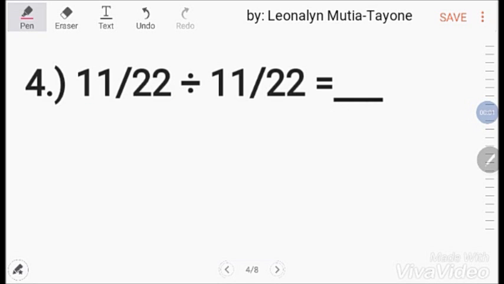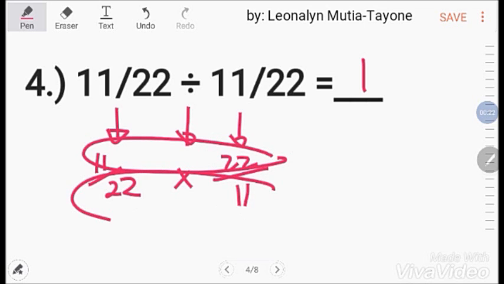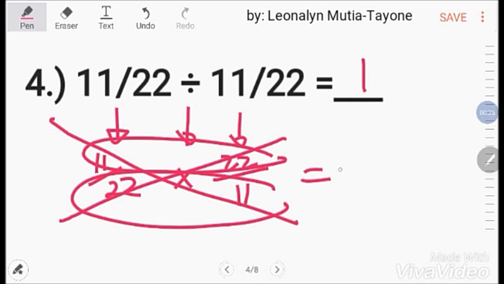Number 4. 11 over 22 divided by 11 over 22. Remember, any numbers divided by itself, the answer is 1. Pero kung i-divide talaga natin regarding sa rule, kopyahin lang ang dividend, ang division maging multiplication at reciprocal ng divisor. So, pag minultiply mo yan, or pwede mo nang i-cancel si 22, i-cancel mo si 11,